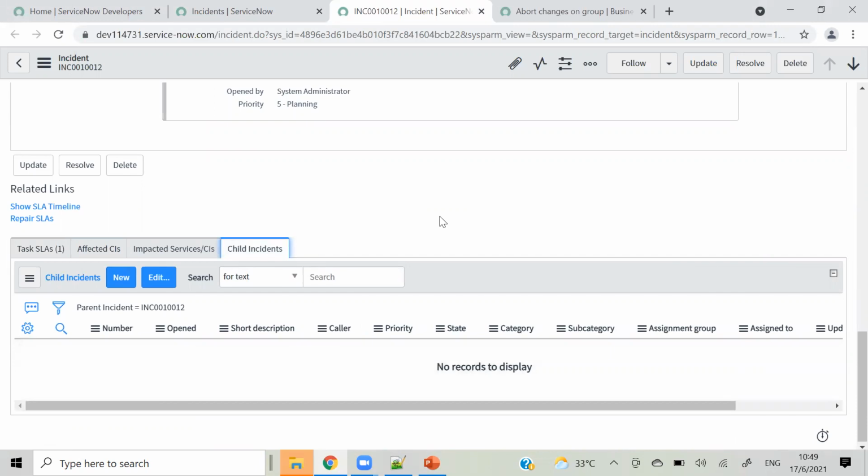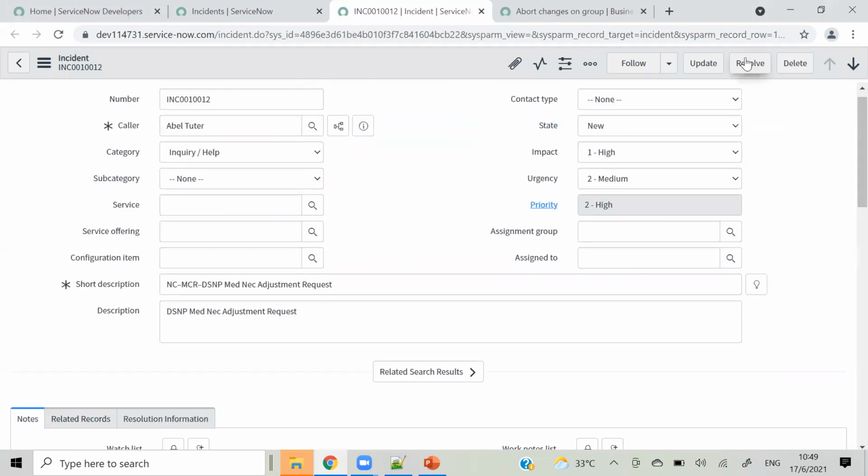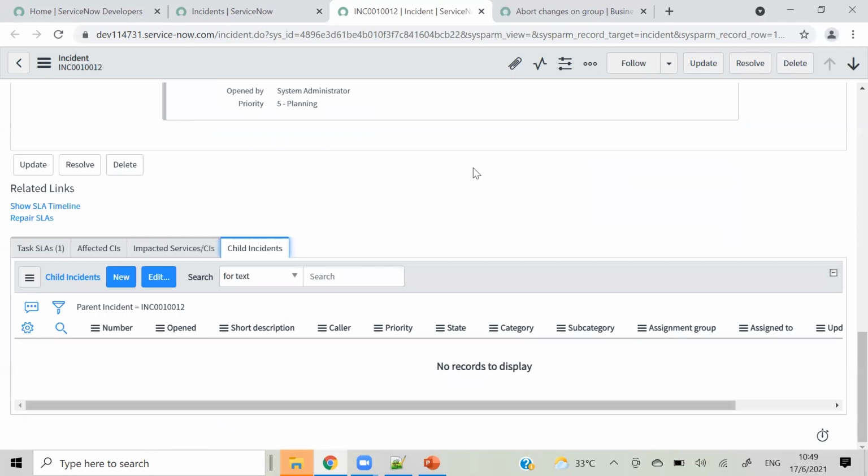For example, say we have 10 child incidents, and what is my requirement? When I try to resolve this incident, or when I try to close the parent incident, first I want to check if all the child incidents are closed or not. If they are closed, only then my parent incident should be closed. This is actually a common requirement in ServiceNow whenever we are working on incident management. So which type of script will we write?